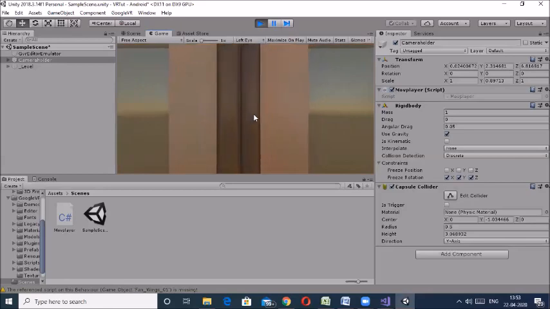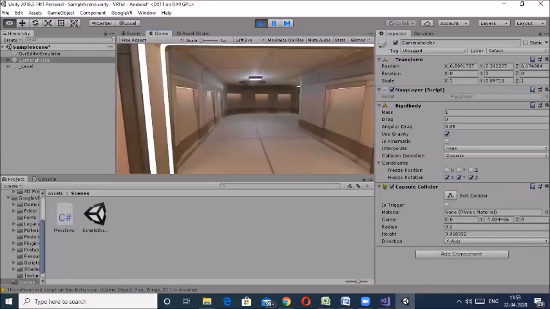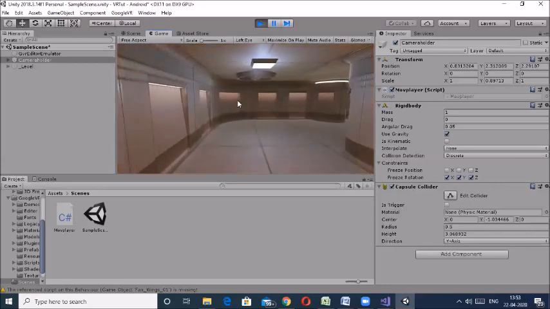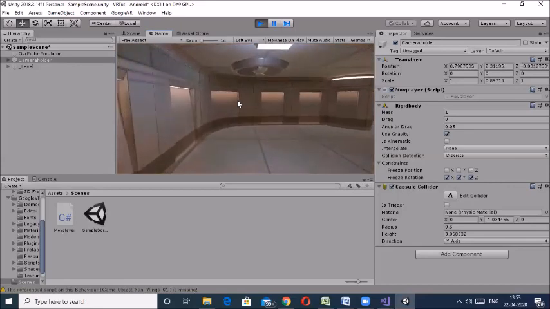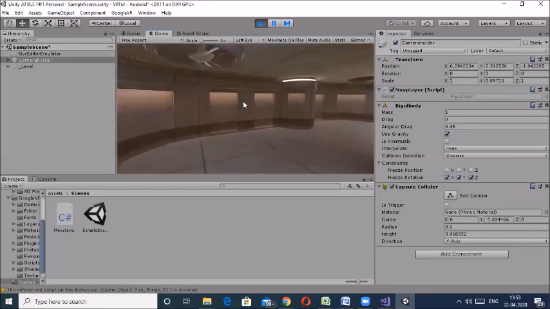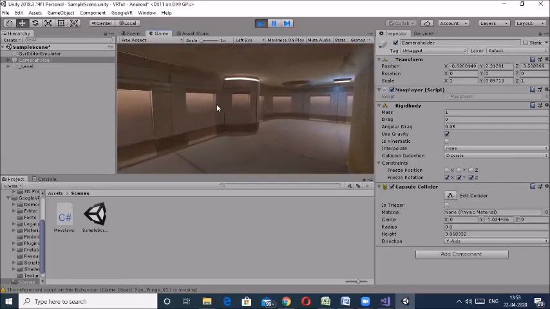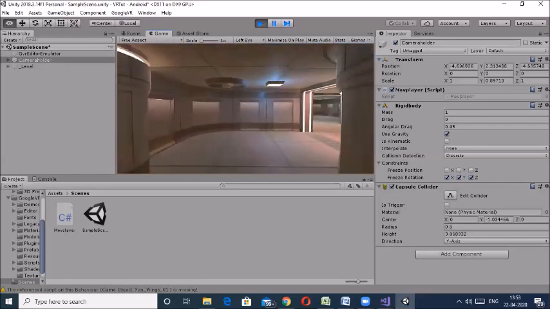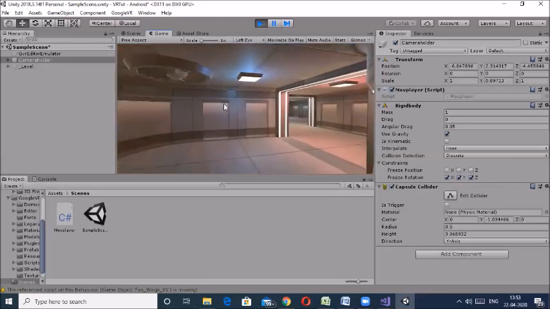And he's just collided like a real object. Now press the alt button and move the mouse. Whenever you have to move this character, you have to press alt and move the mouse in the direction.